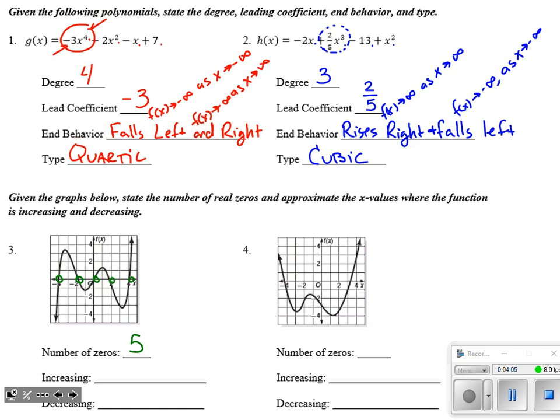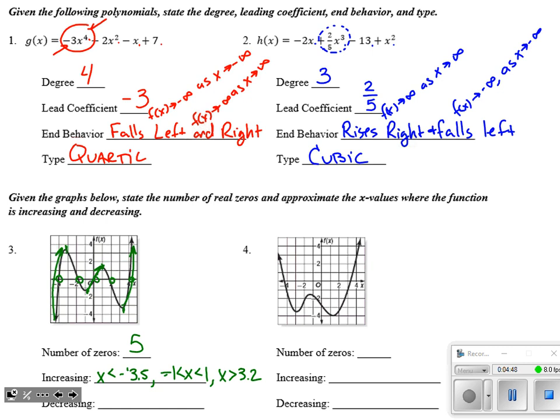It is increasing wherever the graph is rising to the right. So here it's increasing, and here it's increasing. So I would say all x's that are less than -4, oh sorry, not -4, it's somewhere in here. So let's say -3.5. Then from x equals -1 to x equals 1, so when -1 is less than x, which is less than 1. And then finally, it looks like when x is greater than 3.1 or 3.2, those are places where the graph is increasing.